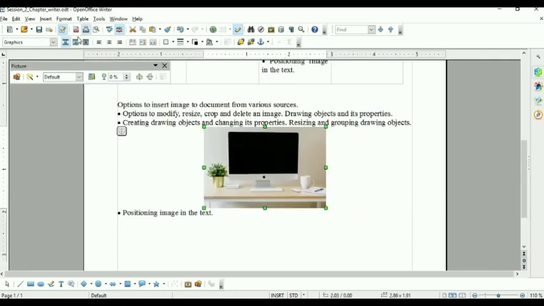See here in the drawing object property window having options. First is wrap off, second is page wrap, and third is wrap through. See the changes. Once the wrap off option is enabled, that means the picture will appear in between the text. See here, 3 lines appeared at the top and 1 line at the bottom of the image.